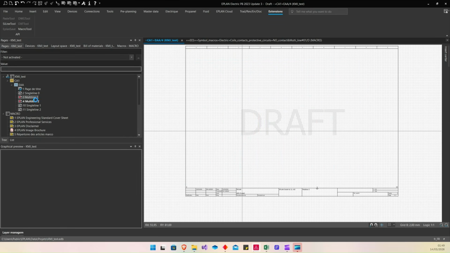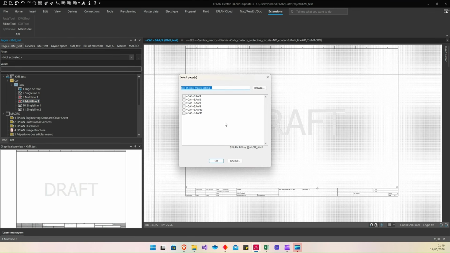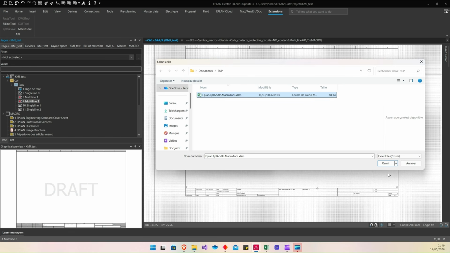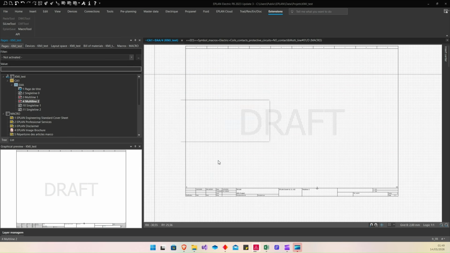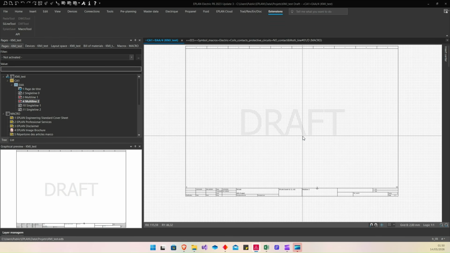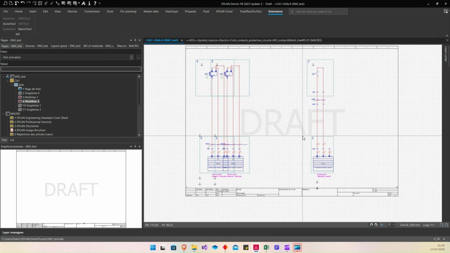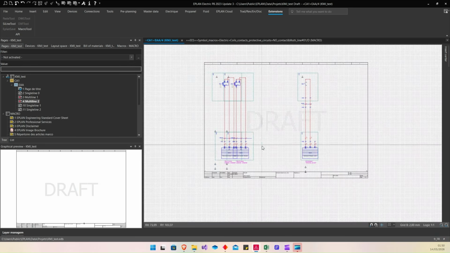So I delete this to show you again, but page 4. So I will show you, yes. And I select my Excel file here. Okay, refresh this. Well, now we can see the overlapping of macros because the macro boxes are very close.